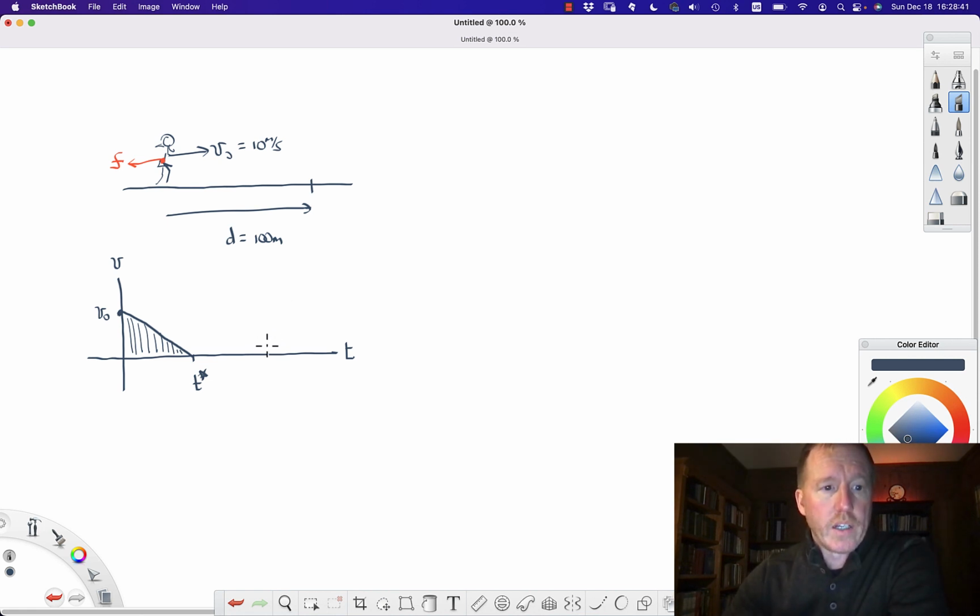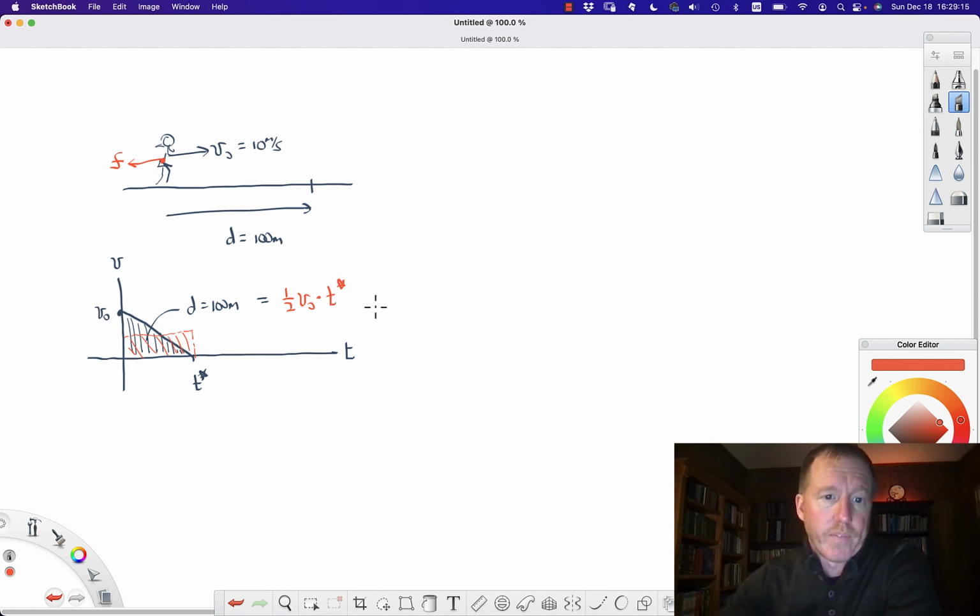Okay, so we can begin by finding out how much time it takes for her to come to a stop in order for the distance for her to go, again, which is represented by the area, to be 100 meters. Well, that distance is going to be equal to, we can use a mean speed theorem if we want. We can say it's just going to be the same distance as if she was moving at the mean velocity or the average velocity for the same amount of time. So we could find the area there, and it's just 1/2 of her initial velocity times the time